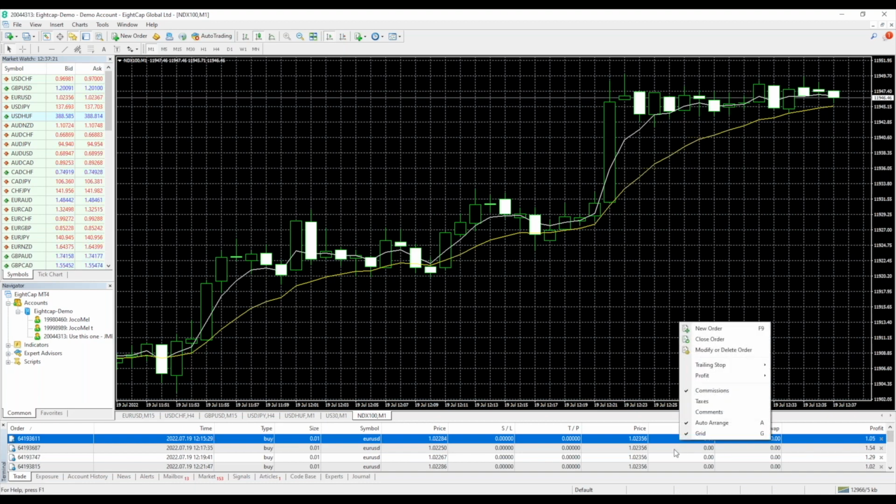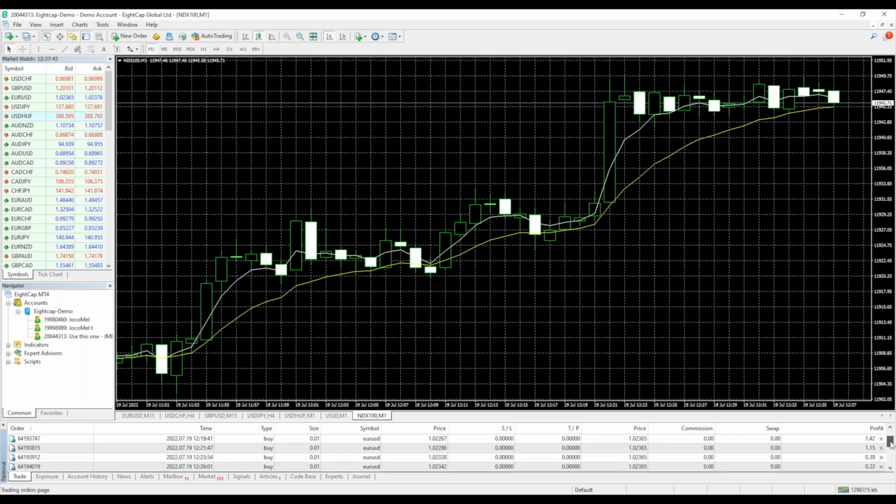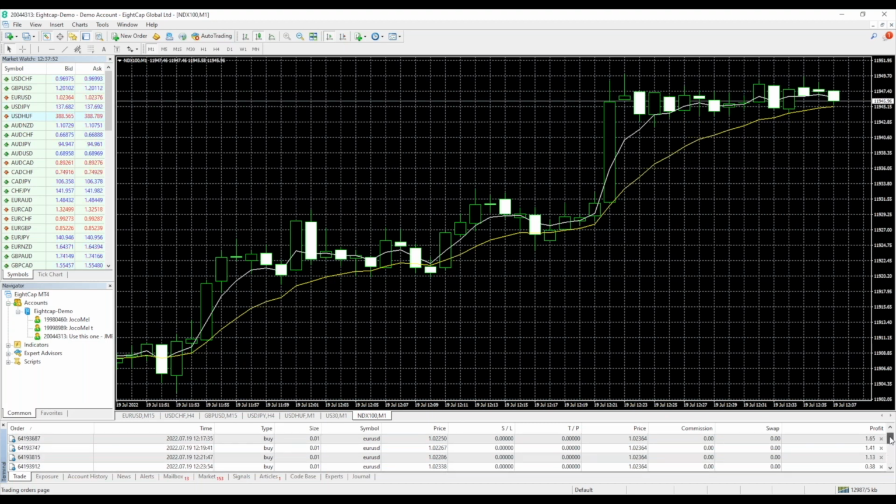So just so you know, you need to close these orders only if you're using DCA. If you're using an order with an exit, you wouldn't need to, as Capitalise would close the order for you. But with dollar cost averaging, you'd want to close the order yourself just by right-clicking on the order and closing the order. So you can see the profit already that we've got here. We've gone into the positive for everything now. So every trade that we've opened at the moment has gone into positive.